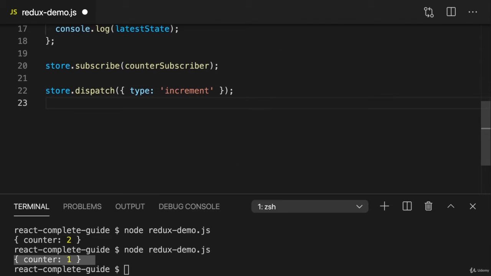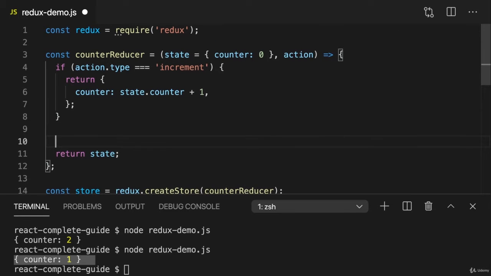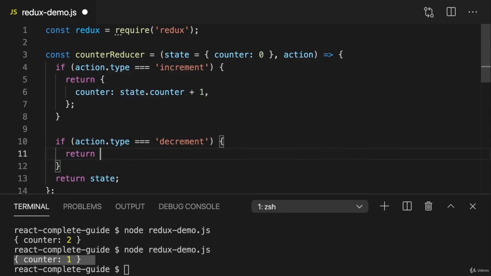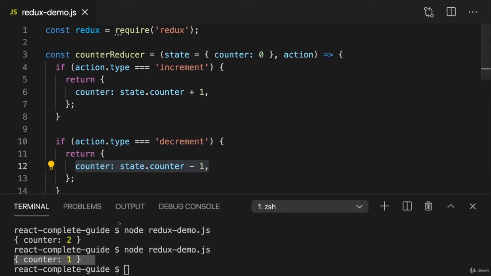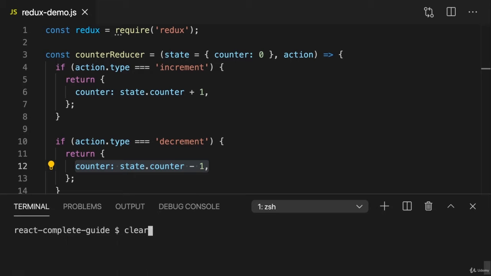And we can, of course, also dispatch other actions. We could dispatch an action of type decrement. So with an identifier of decrement. Then we just need to add the appropriate code here. If action type equals decrement, and then just return our new state object where counter is set to state counter - 1. Like this. If we do this and save this and run our file again, we have counter 1, counter 0